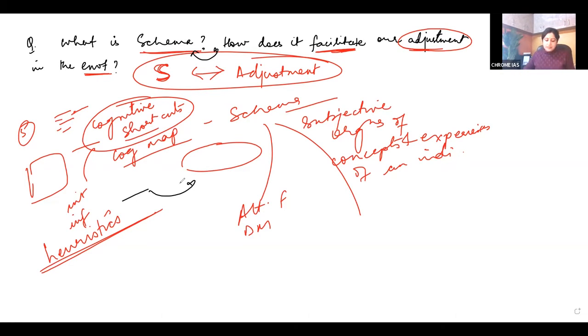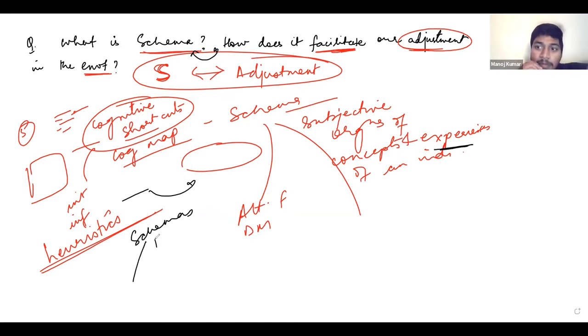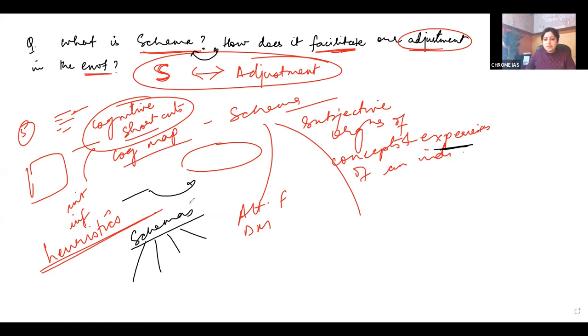So we can always say that schemas are the categories that involve the structure of concepts that guide your human inferences, interpretations, etc., whatever we wrote at the start. Then, as Manoj said, if you have time, you can write that the schema is formed from our experiences. So usually there are 4 types. You will be having certain expectations from particular individuals, or what do schemas do? They help you in creating expectancies.